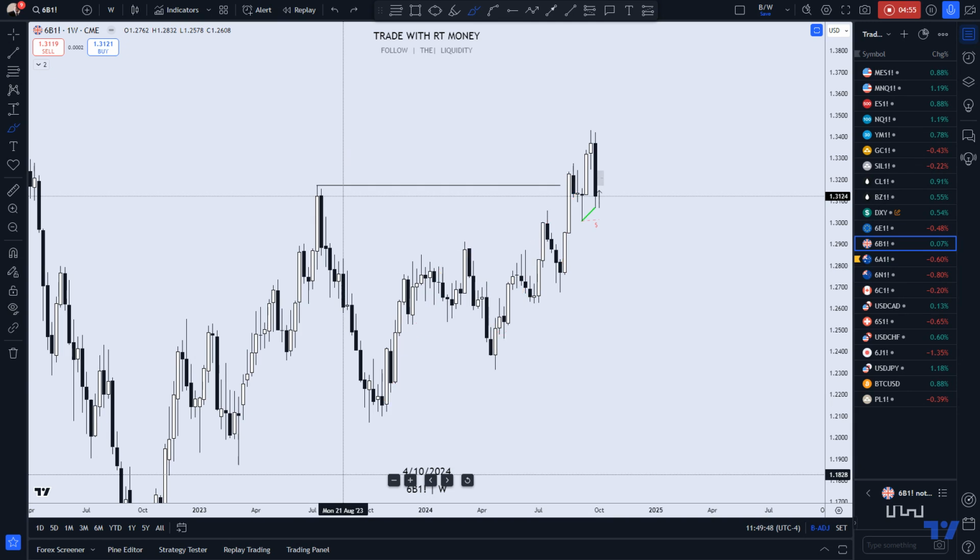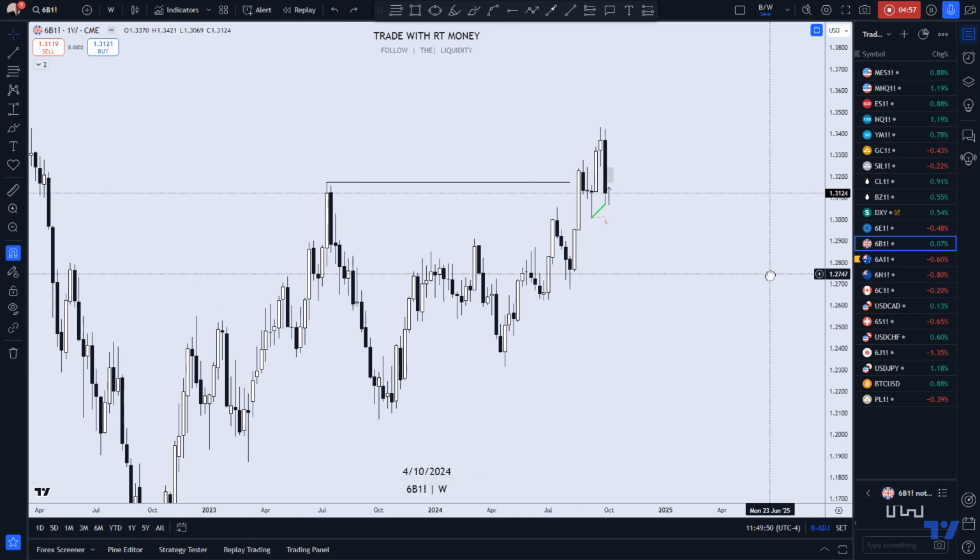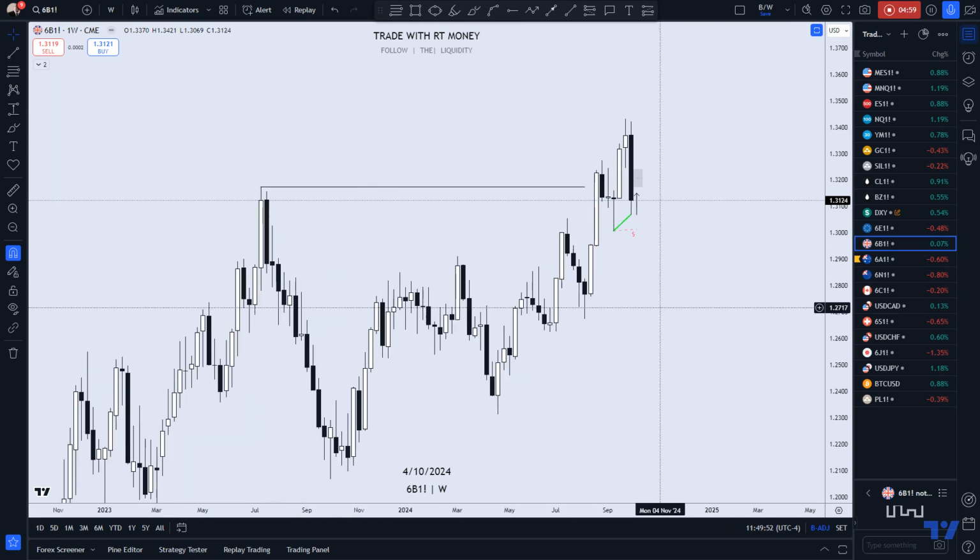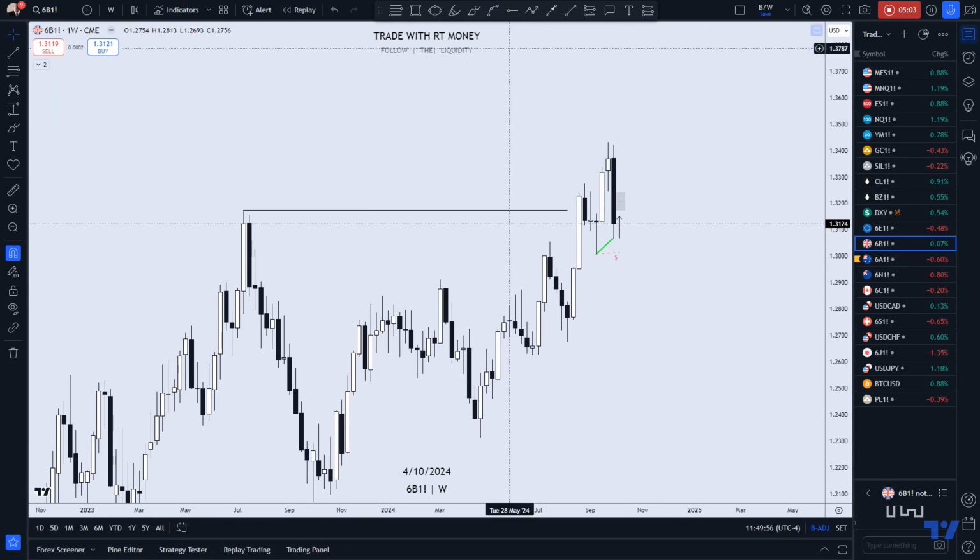That's a bullish indicator to me. All right, and what am I looking for? Once price breaks highs, we look for that pullback to start. Well, you can see that